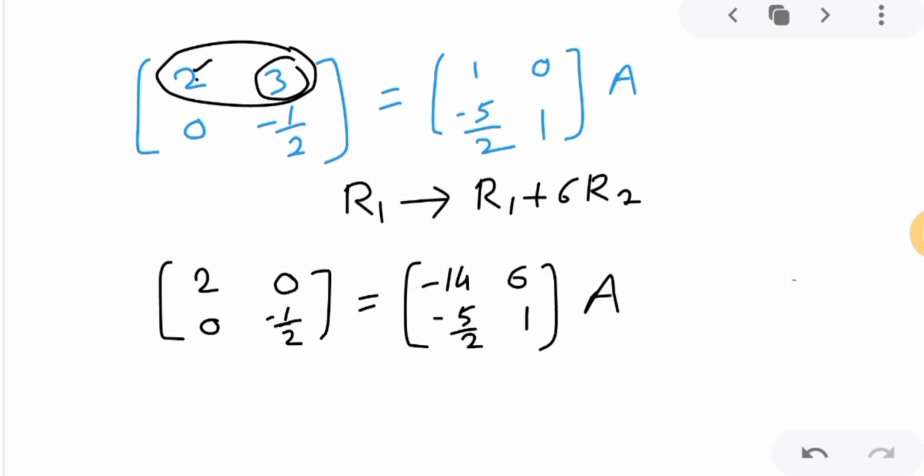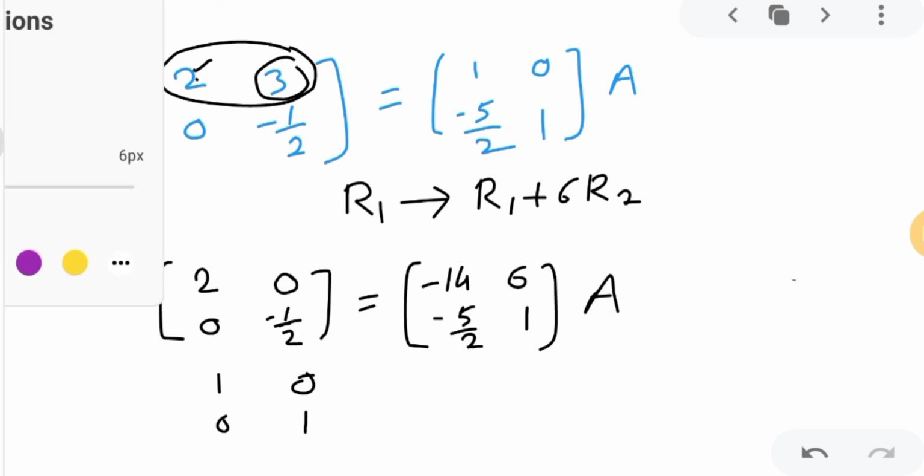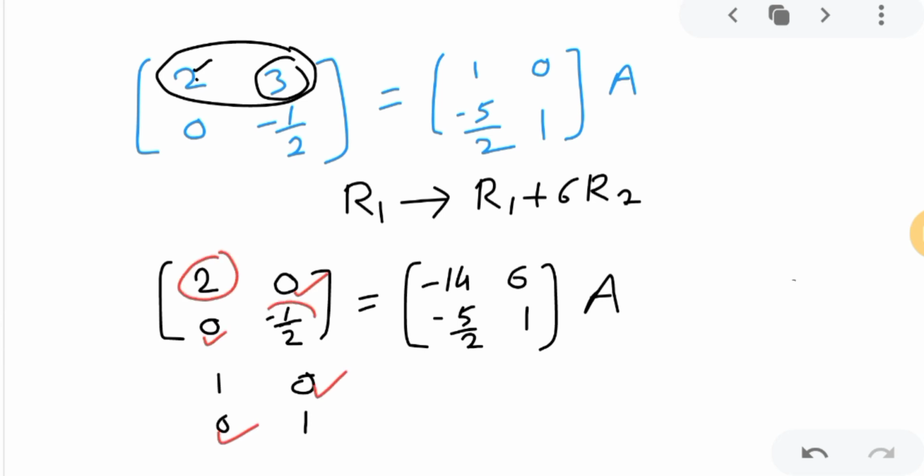Now, on the left side, I need, as I told at the start, this. So our job is done as this side is 0, yes. This side 0, yes. So now I have to focus on these two elements. These two elements should be 1. So how will I get this 1? On the first row, this 2, if I divide it by 2, then I will get 1. Correct? So what I will do?